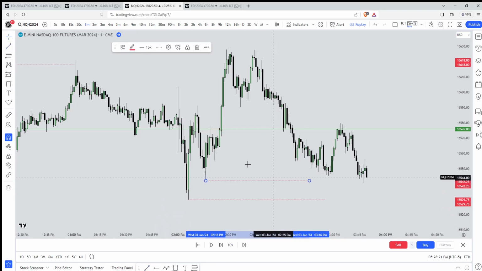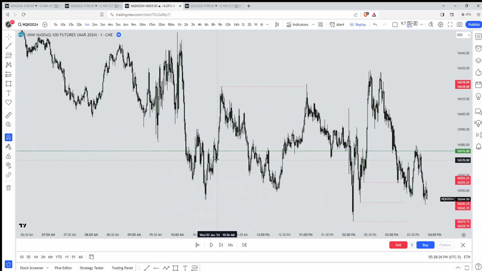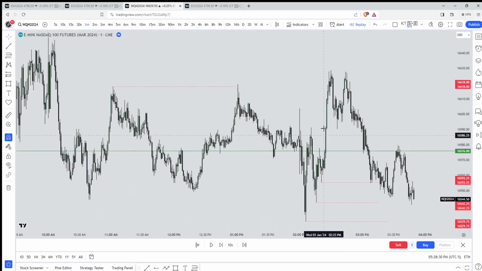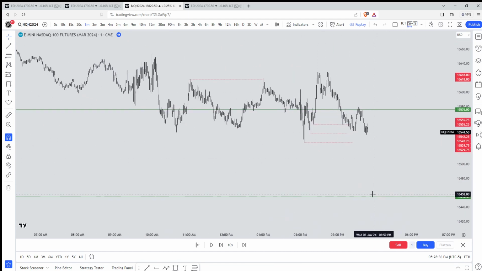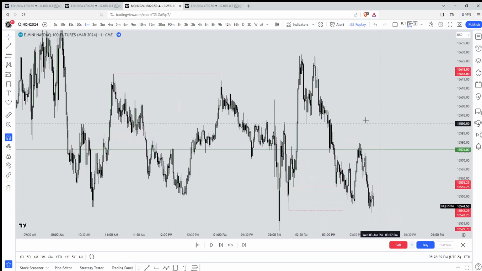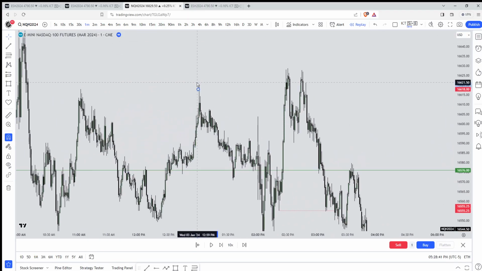So not only was it failing to reverse as soon as it took out the liquidity over here, it was just consolidating and continuing lower. Also, when it expanded back higher, it left the cluster of lows. That was an indication that price was likely to expand lower and then also continue down to this sell side liquidity lower. When price returns back above this buy side,